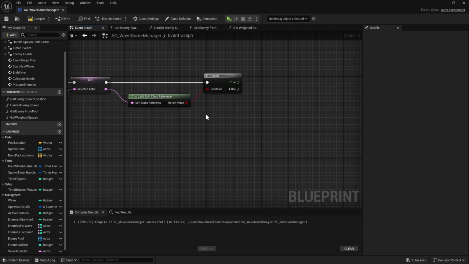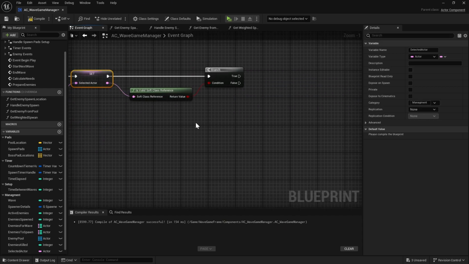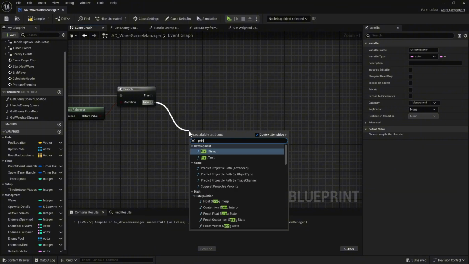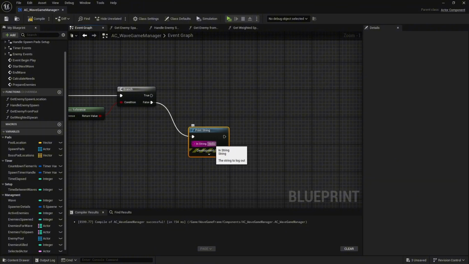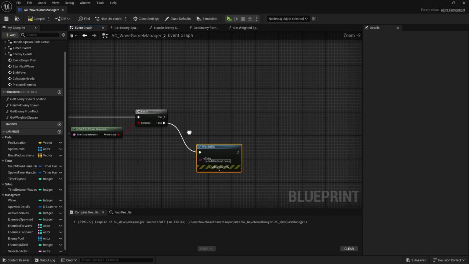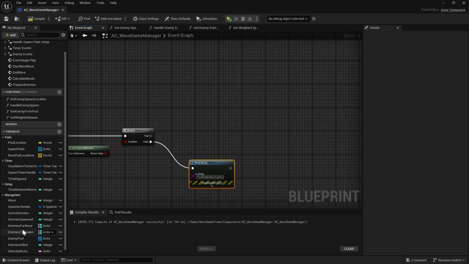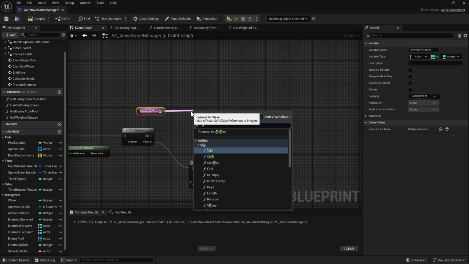Because these are randoms, we want to go ahead and just cache a reference to our actor. That way we know for sure that we are doing what we need to do. False needs to print a string because this is a bad time. We failed at life again. So we're going to say we failed the random enemy. And then if this is true, we're going to add to this enemy's for wave, because that's what we're determining right now,